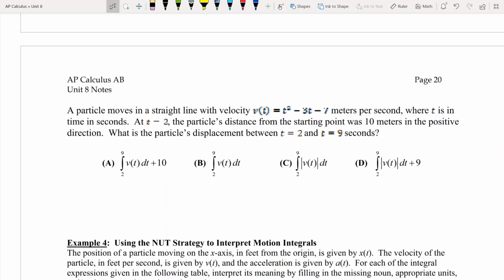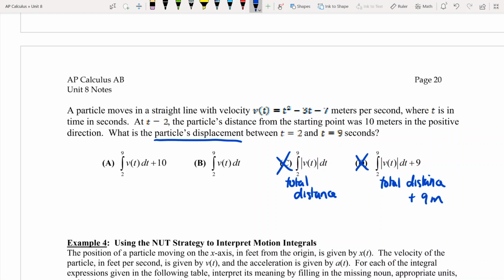The last one here is the second multiple choice problem, and this one you're asking for the particle's displacement. So you know this is a v of t function, and we can eliminate option C because that absolute value one is going to be, once again, total distance. And we can eliminate option D because this is going to be total distance